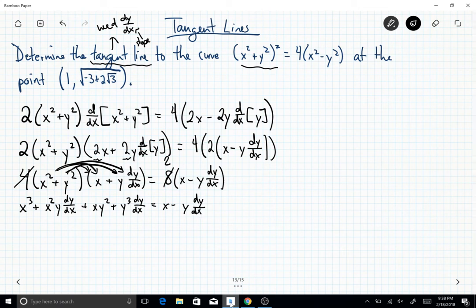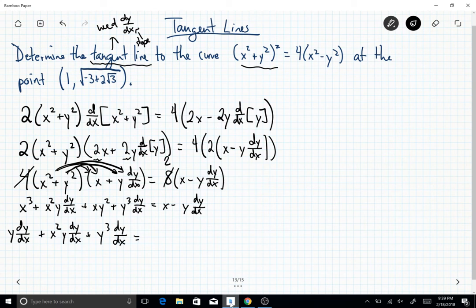Wowzers, right? We're solving for dy/dx though. Get all the dy/dx's on one side, everything that doesn't have a dy/dx on the other side, and so our life will be easy then. Add y dy/dx over to this side, so we have y dy/dx, plus x squared y dy/dx, plus y cubed dy/dx, equals x. Now we have to subtract off. Let's see what we need to work with. You have that x cubed and then an xy squared. So x minus x cubed